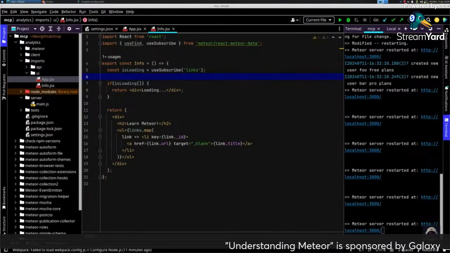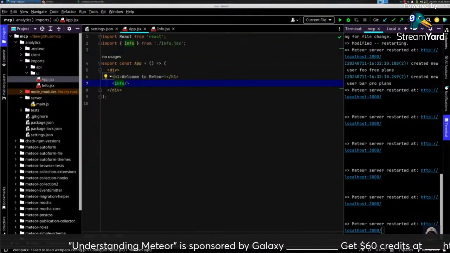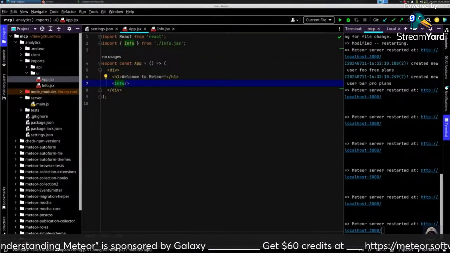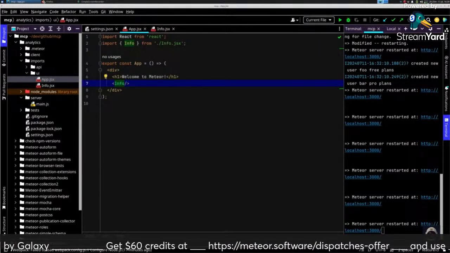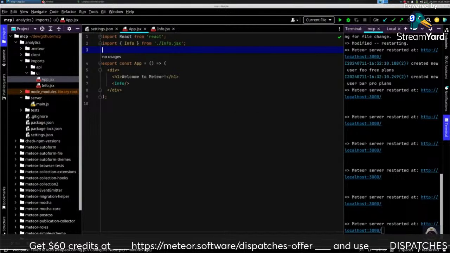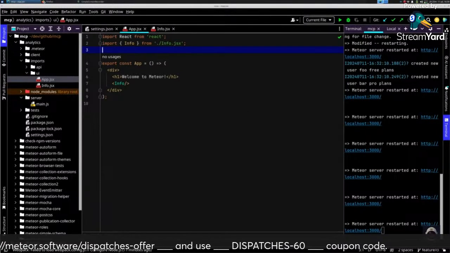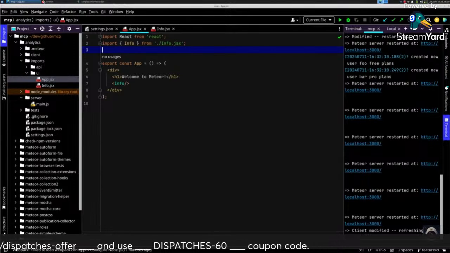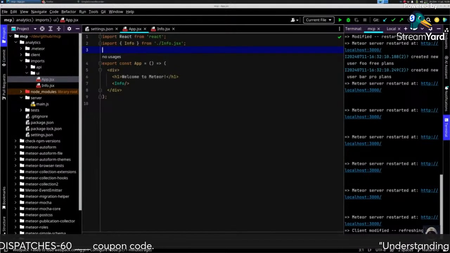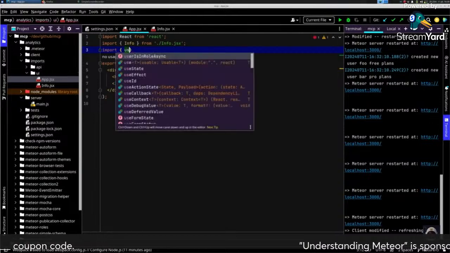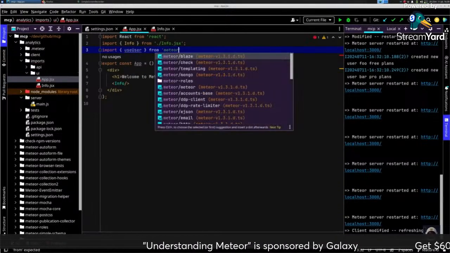Let's do it even differently. Let's say on the app.jsx, let's display a message that you need to log in before it shows you anything. So we import a nice React hook from the Meteor core packages, which is useUser